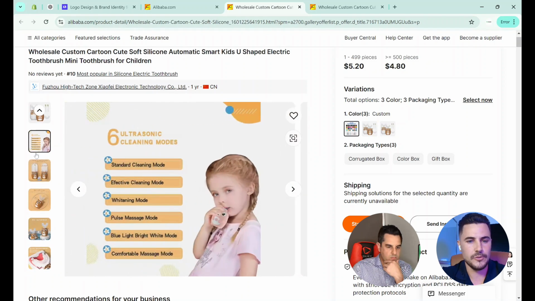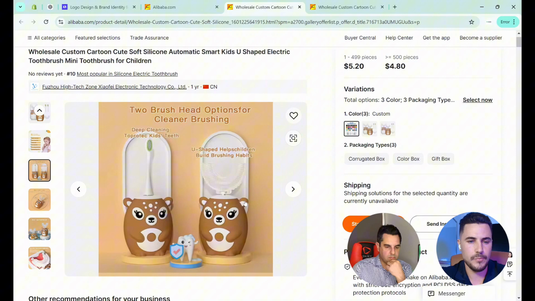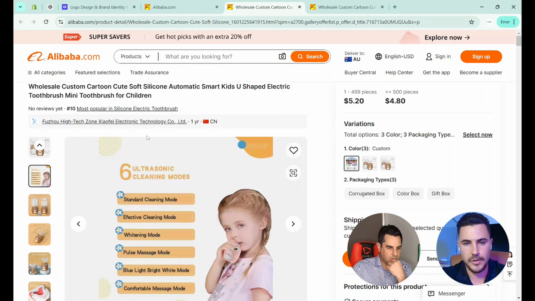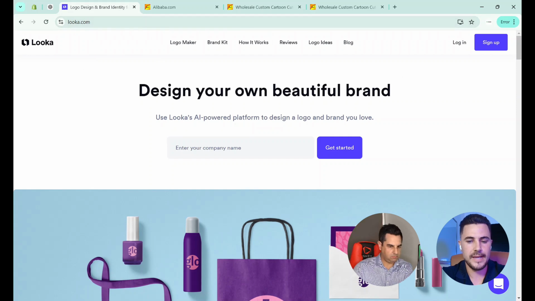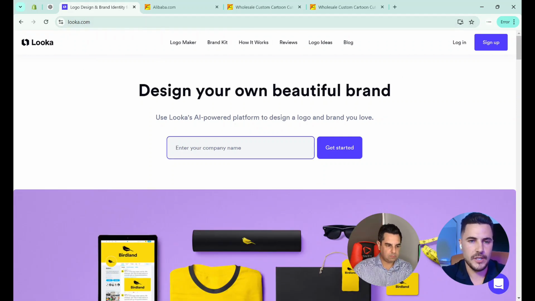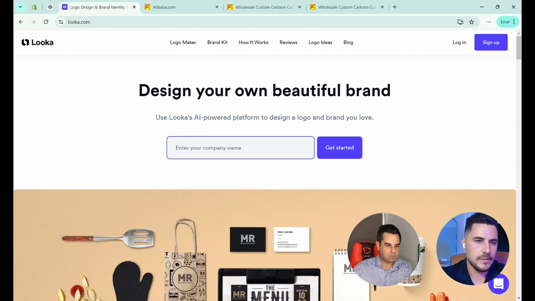But what we want to do now is create a logo and a brand for this product, because as it sits on Alibaba here, obviously it's just the product itself. There's no branding there. It just says wholesale, custom, cartoon, toothbrush, whatever. We want to make a brand here because people want to buy from brands. They don't just want to buy products. So this is what creates trust. So we're going to go over to this website here called looker.com, and we're going to go back to ChatGPT, but this is where we're going to build our logo for the brand. So we'll head back over here,